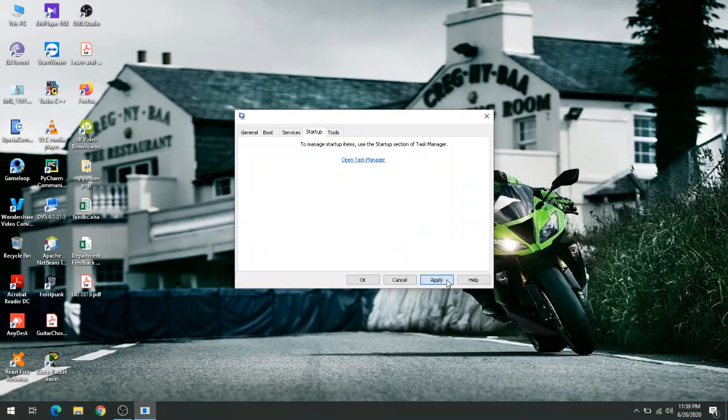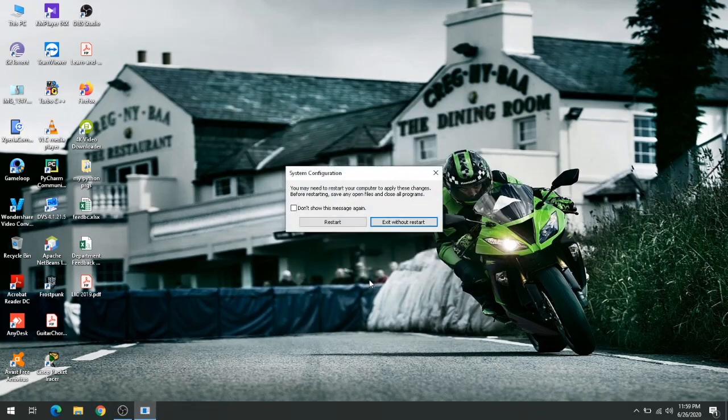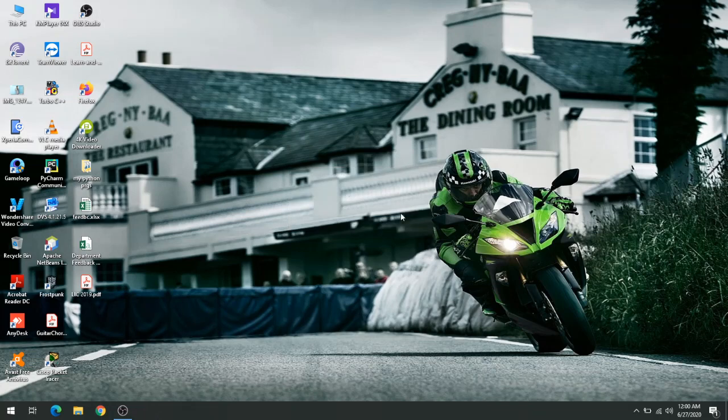After that, apply the settings and click on OK. It will ask for a restart. Go for a restart, so that the system settings will be applied. In this way you can come up with a solution. This is one of the solutions. Try restart. If your Windows is not freezing at all, then this method has worked correctly. If not, you can go with the remaining two methods. We have a couple of methods using which we can come across this solution.